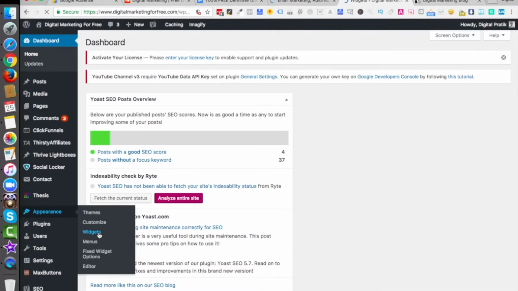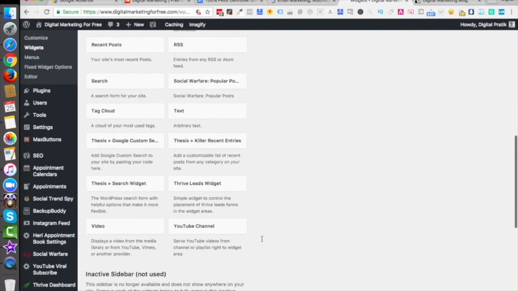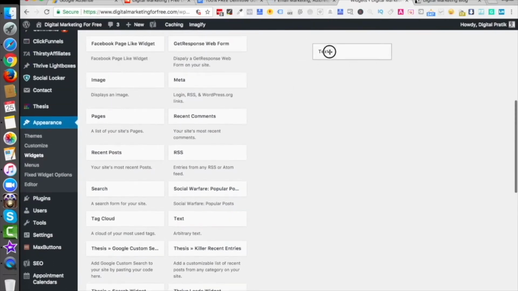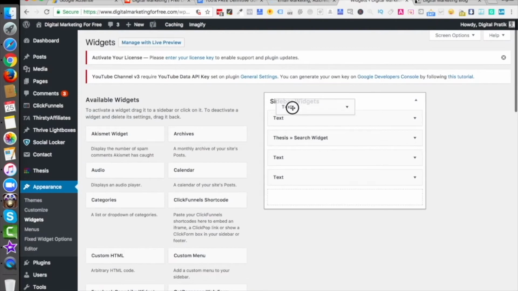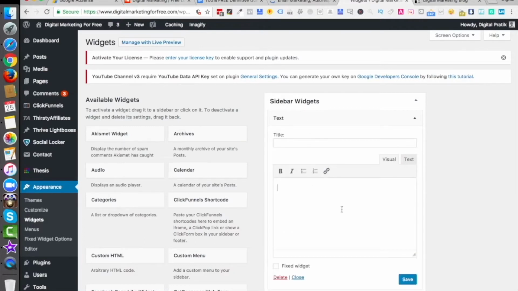and inside the widgets, you will just drag and drop one default widget, which is known as text. Now this particular thing will be available for 99% of the themes available on WordPress because it's by default. So text, you just drag and drop it across the sidebar widgets right on the top or wherever you wish to have. All right, so I'll keep it on the top and I'll paste that code which I just copied